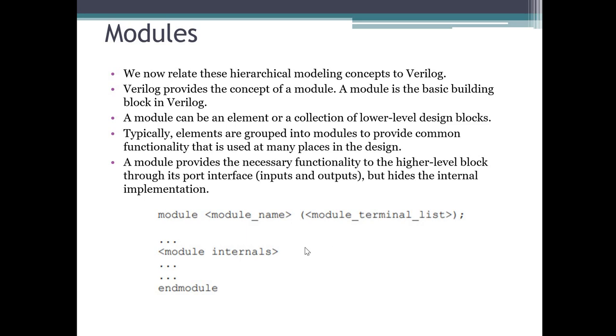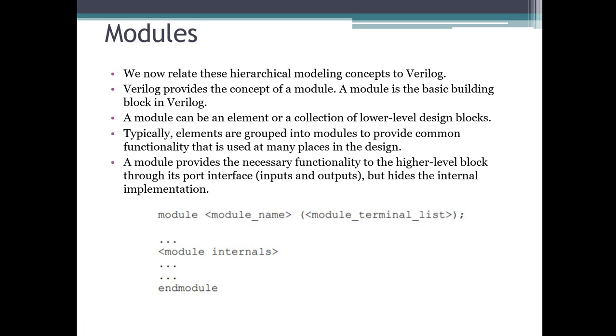So moving further, module internals. Module internals is nothing but just logic. If I am talking about the AND gate, the AND gate performs some logic. It gives some output based on some logic. So that logic will be written here inside the module internals. Don't worry about that. We'll see how we are going to write that part also. But for the time being, just understand how you will write this module and endmodule. So in the next line, that will be the endmodule. Endmodule will tell you that we are going to close this block basically.